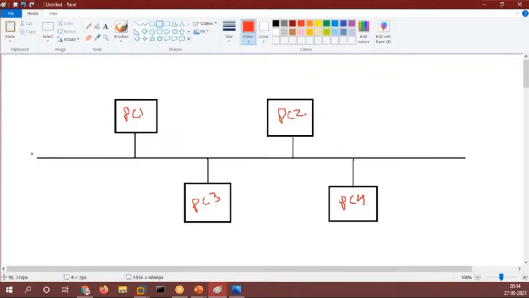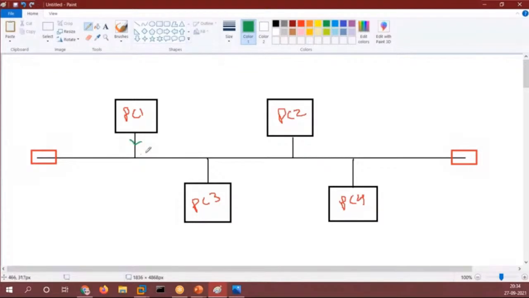So what will be happening, guys? I have added two more things at the end, right? I'll tell you what these are. Now, let's say PC1 wants to send data to PC3 or PC4. So PC1 will be sending the data.